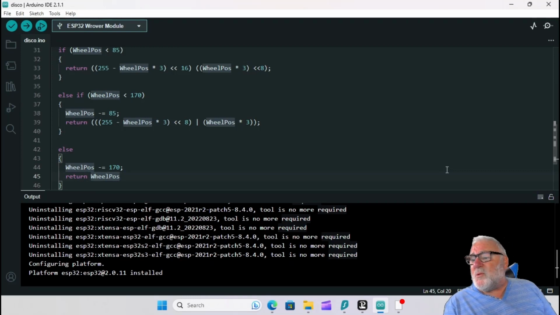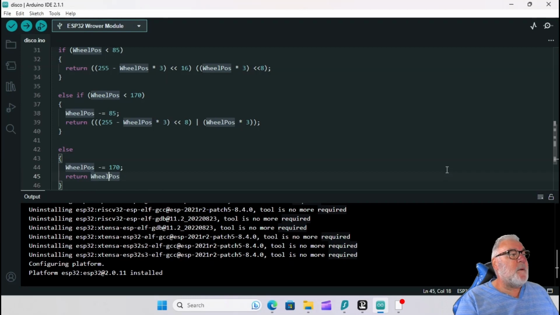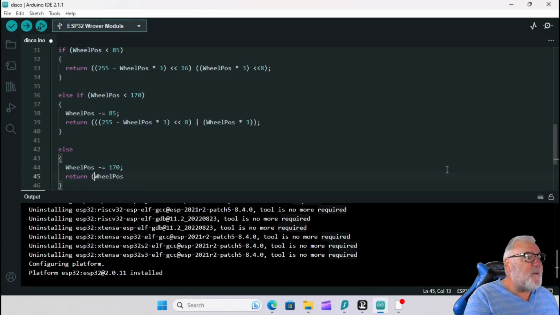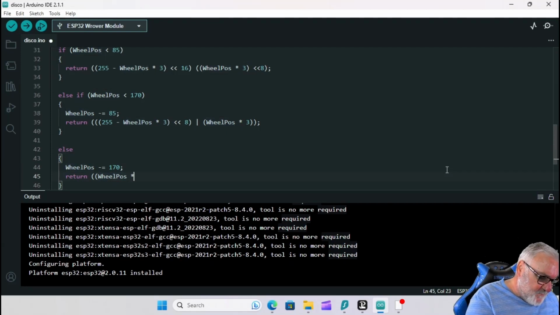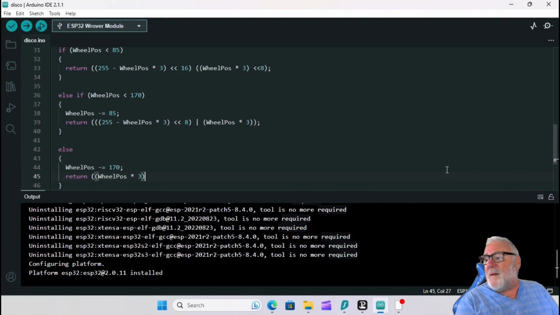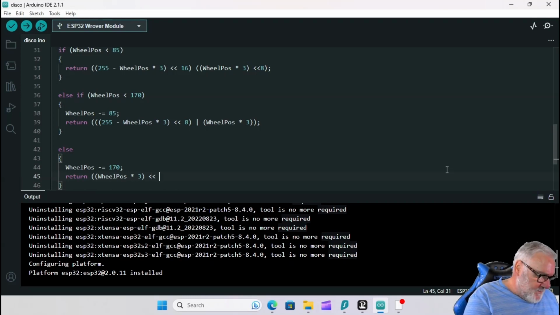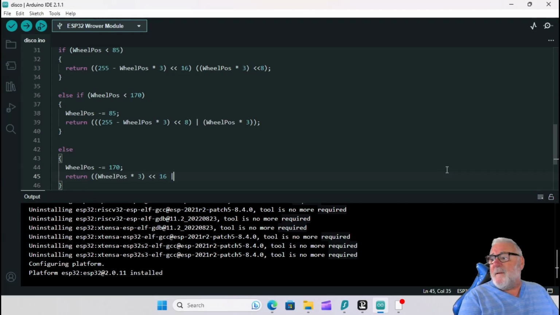Hang on, wheel pause, return, come back, it's a brackets on, all right, wheel pause, space times, space 3, brackets off, space less than 16, space, that funny line, space, brackets on,